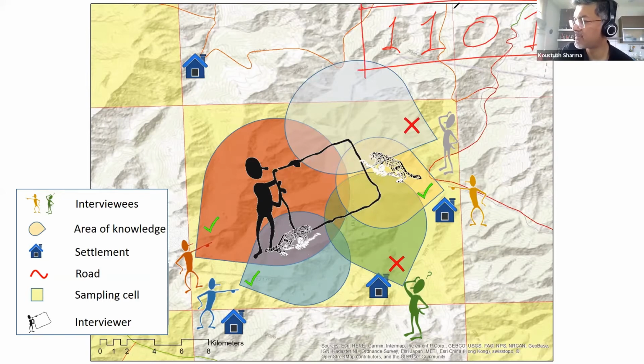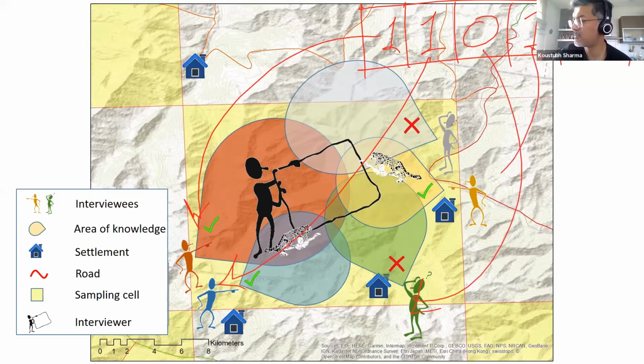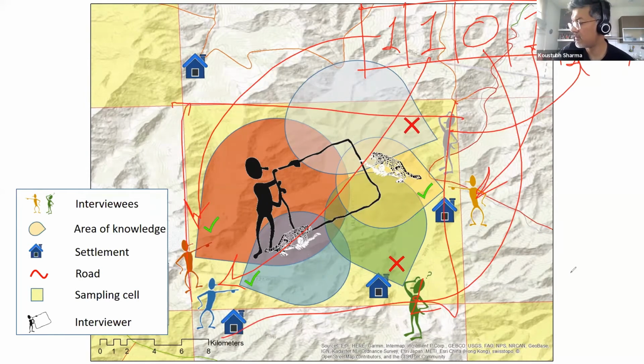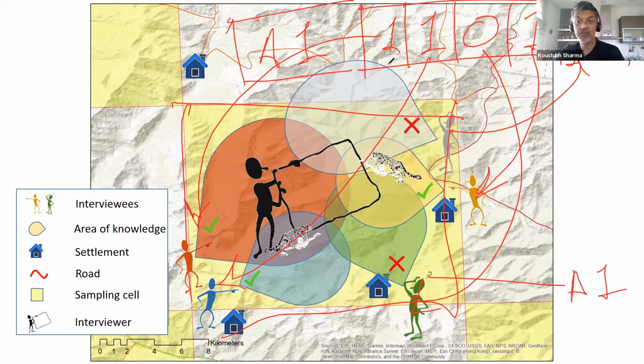What has happened here is the first person is here. This is the second person. This is the third person. This is the fourth person. And this is the fifth person. Now, for each grid, let's say this grid is called A1. So I have now data from A1 about people being able to detect or not detect snow leopards. Not just this year. If I'm able to get information about the past, I can even add that information as well.